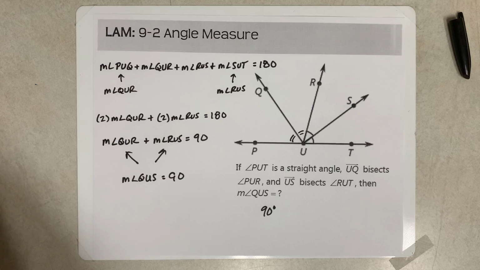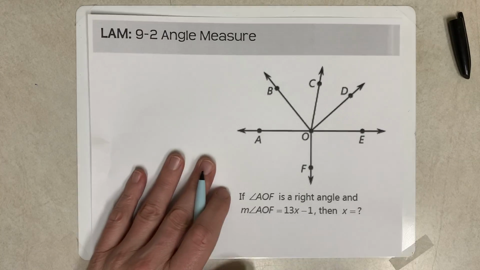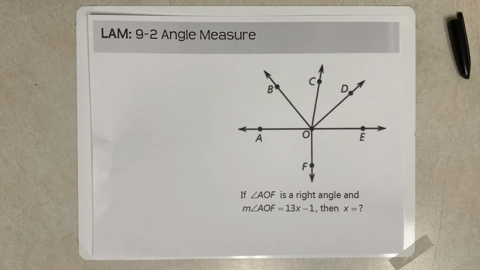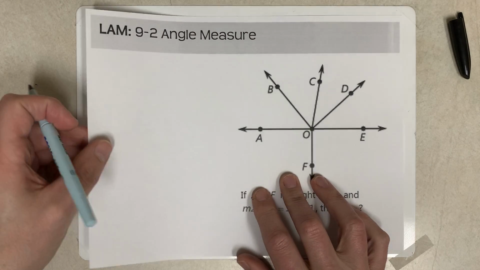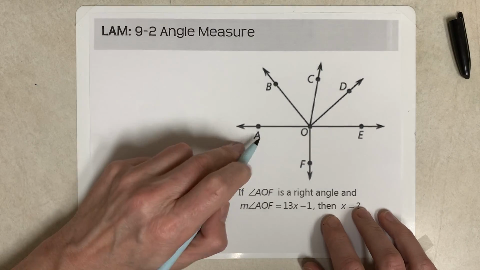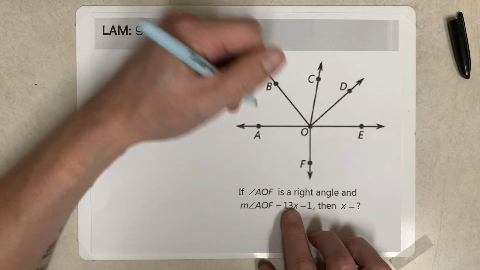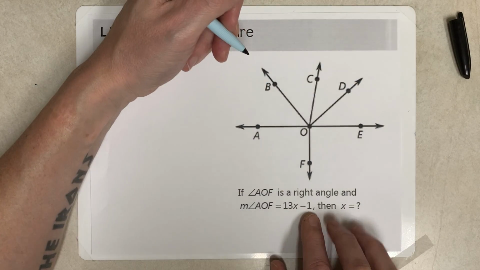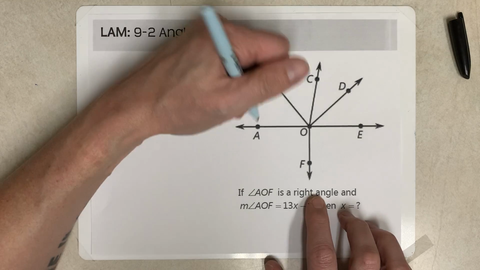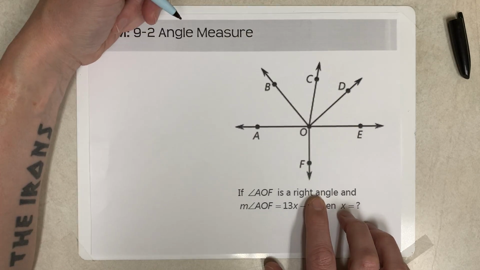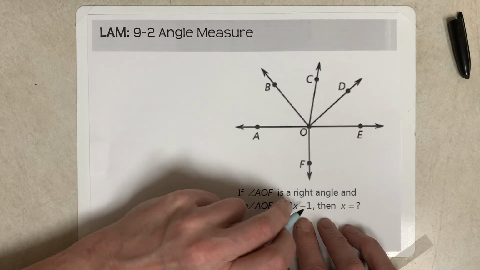All right, so now we're going to change diagrams one more time, and we're going to do our last ones here. So this one is going to be AOF is a right angle. So this one's a right angle, and AOF is 13x minus 1. What's x equal to? Well, if this is a right angle, then this measure is 90. And if it's 13x minus 1,